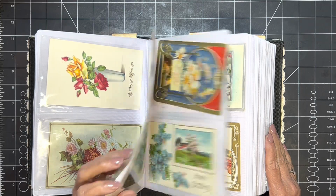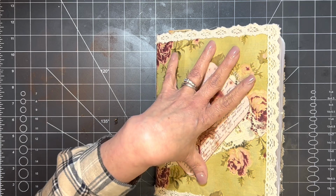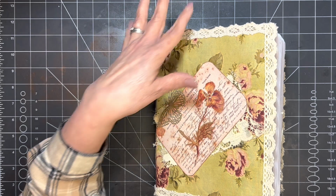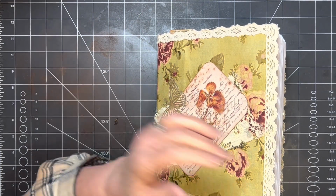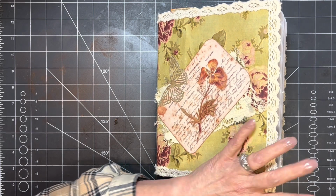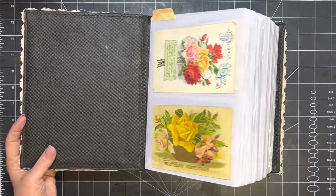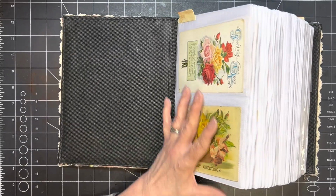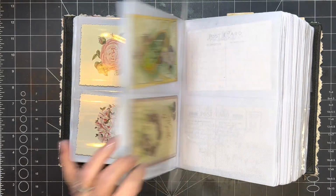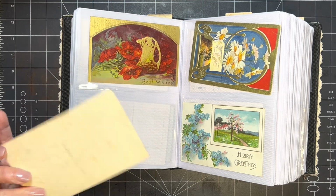This one was an old photo album that I got at the thrift store for $1, and I could have easily just left it the way it was. There was really no reason to decorate it, but I guess I felt like it, and so I went ahead and just covered it and decorated it just for me. Nobody really sees this but me. But this one is completely pretty much full. I think there's a few spots left in it, because I took things out. But I just use this to put my